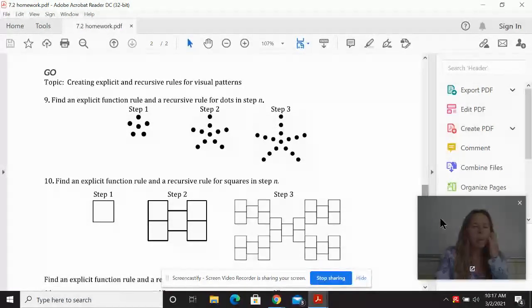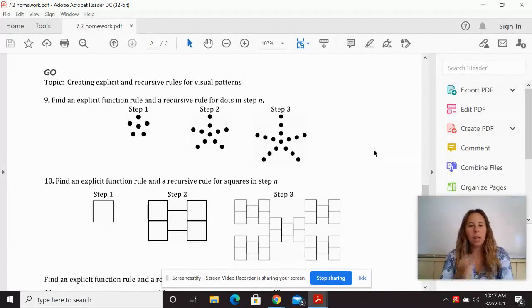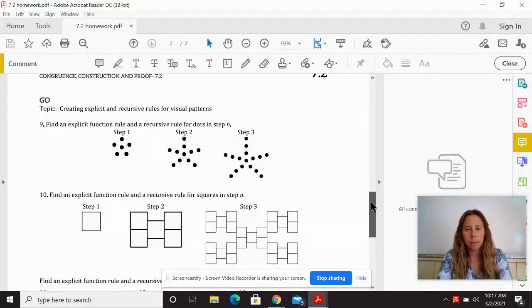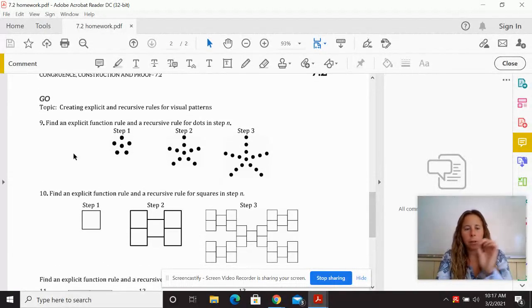Okay, number 9. So we are finding an explicit and a recursive equation. So your first step in all of these is to figure out what the pattern is. What is happening each time? Okay. So for number 9,